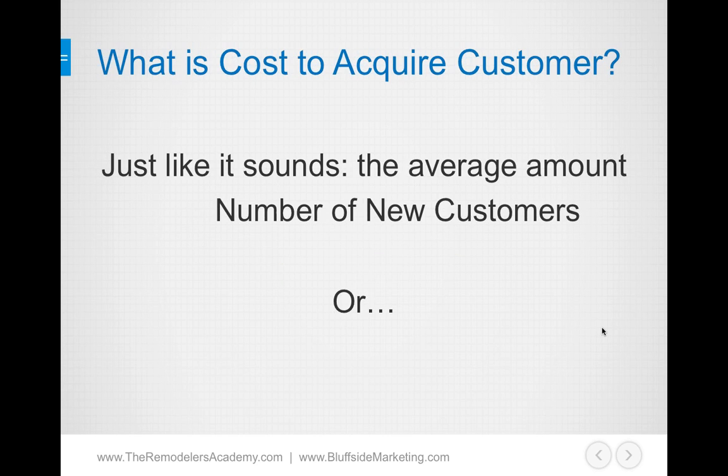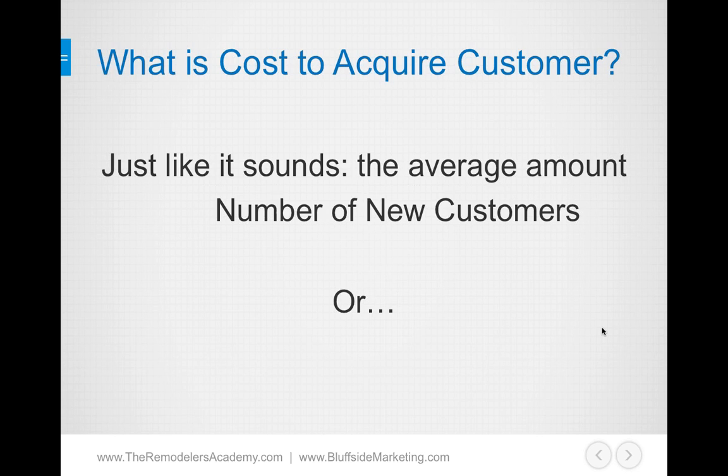So number 3 in the marketing metrics in today's presentation is cost to acquire a customer. And just like it sounds, it's the average amount it takes to bring a new customer in the door. And again, I'm amazed at how many people have no clue how much it costs for them to bring a new customer in the door,